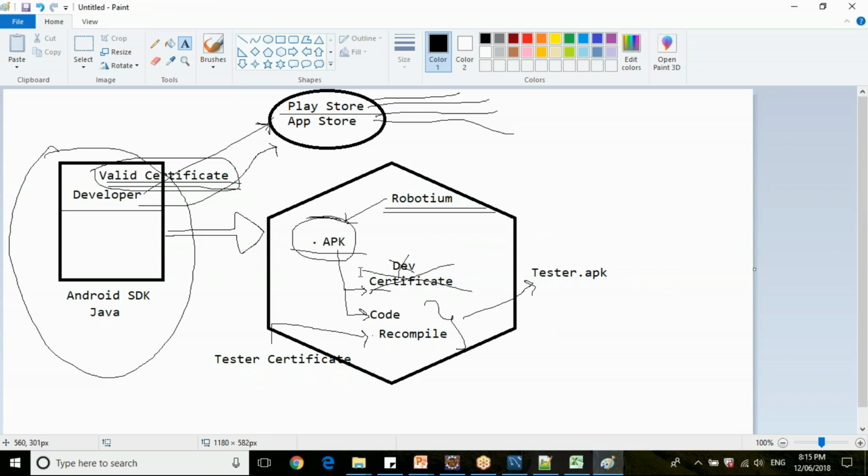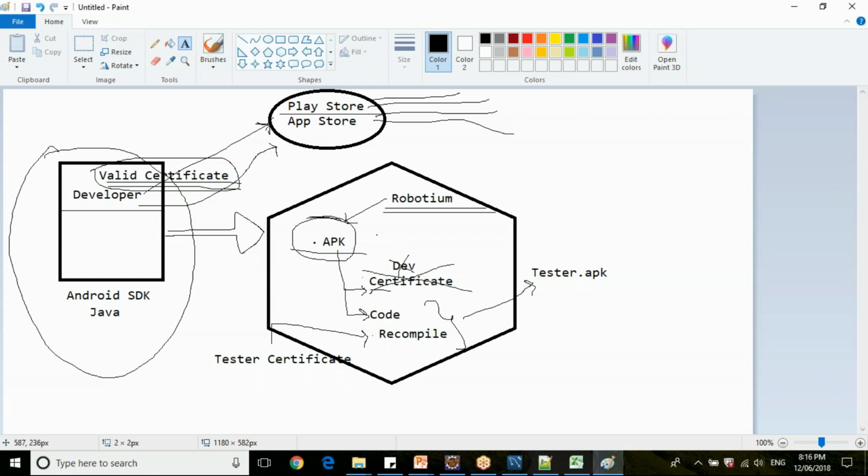So this process is called recompiling, or re-instrumentation, or instrumentation of your application. Clear, guys? Normally in a traditional system, the developer will inject his own certificate and submit the application to Play Store or App Store, whatever it is. If it is an Android application, the extension is .apk.